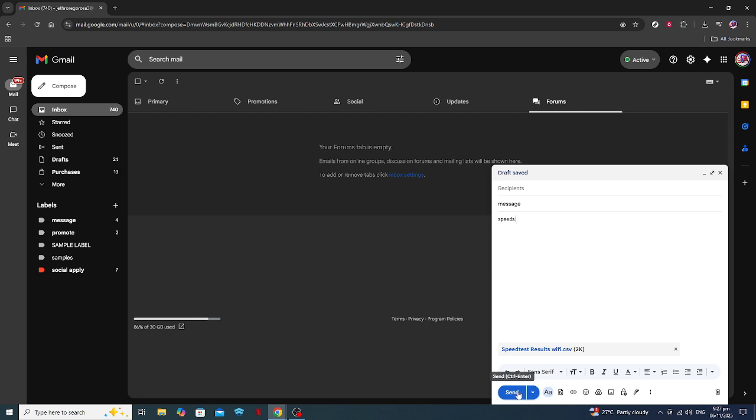And there you have it, a quick and effective way to send an Excel file via Gmail. By following these instructions, you'll be able to share spreadsheets smoothly and efficiently. Remember, the process is nearly universal for all types of files, so feel free to use these steps as a guide whenever you need to attach and send